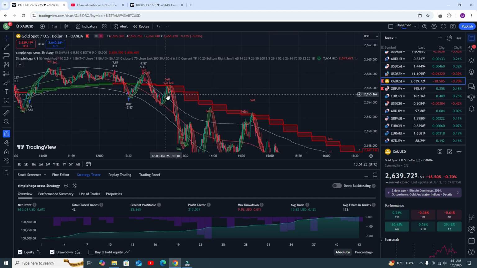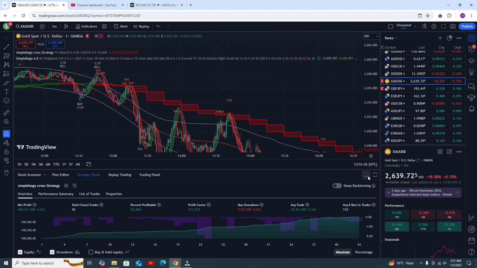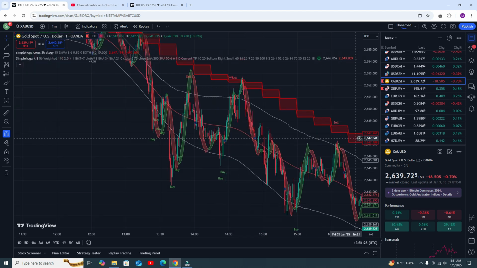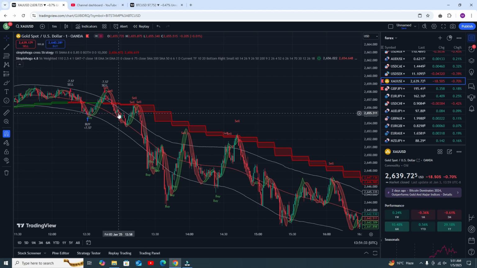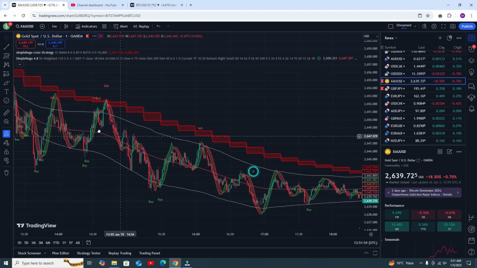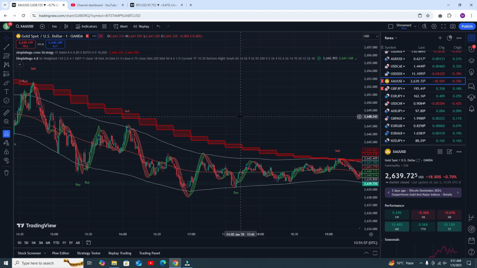But how can you get the perfect trade by using RSI? Let me show you. Just as extra confirmation, you can use the RSI ribbon as well. Here you can see the RSI ribbon comes upside from the upper band line, you get the sell signal, and definitely it will give you the profit. Again the same scenario: the RSI ribbon comes upside from the upper band line, you get the sell signal, and definitely this trade will give you the profit. So that is the use of RSI.